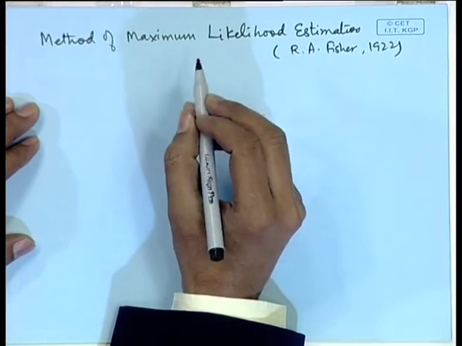However, Fisher said that we should make use of the full probability model, because the moment structure does not make full use of the distribution, because two different distributions may have equal moments. Say the first moment or second moment may be equal for two distributions, and still you may get different estimates. So the method of maximum likelihood said that we should look at the form of the distribution itself and make full use of that. So, let us consider a simple example.